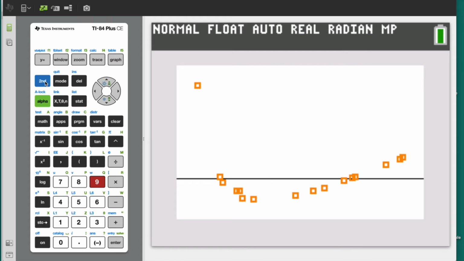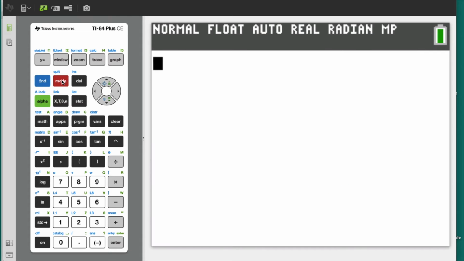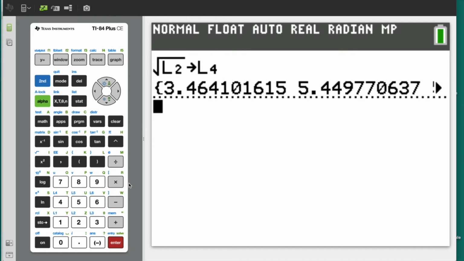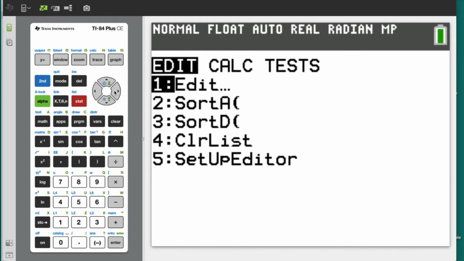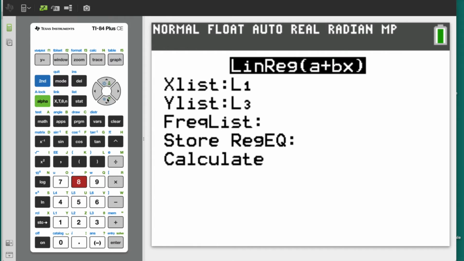So the next one I'm going to try is the square root of the y function. So square root of L2, I'm going to store this one in L4 this time. Okay, and again, I'm going to move a little quicker now. Make sure you're using L4. Calc 8,